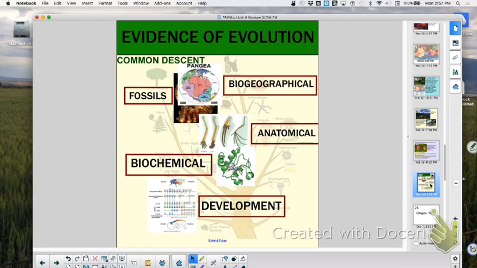And then we compared genes, developmental genes. That was the other part. Biochemical is the one that's used the most now. If you can compare DNA, right? Similar DNA coding for similar proteins. We can even compare intergenic sequences, the non-coding sequences. And if our genetic junk is the same, things that you don't even select for phenotypically, right? Because natural selection can only select those traits that are expressed. Then that would show some similarity. And then I just gave you an example of comparing proteins, the sequences of amino acids in proteins, and how they use those to compare now as well.